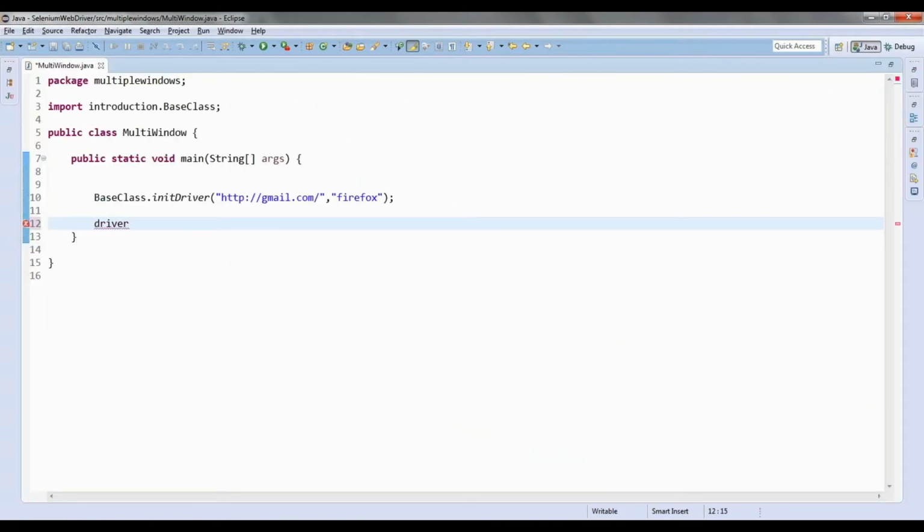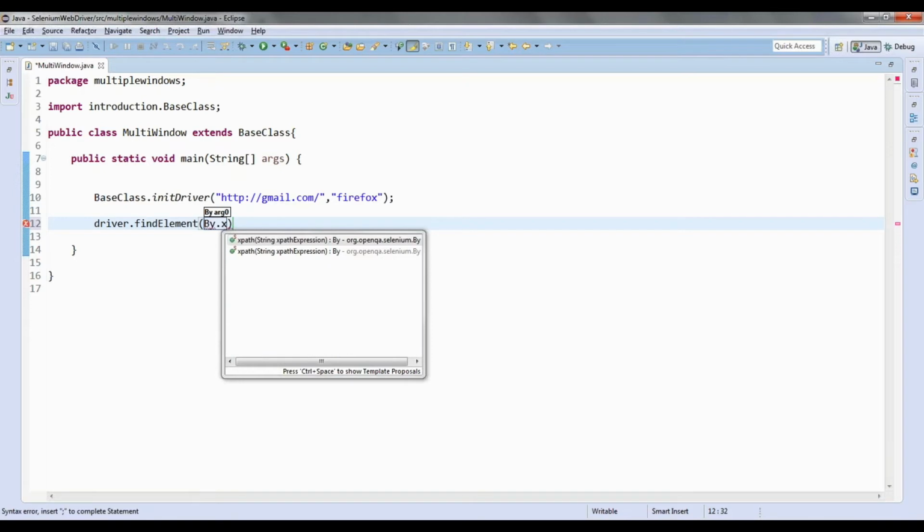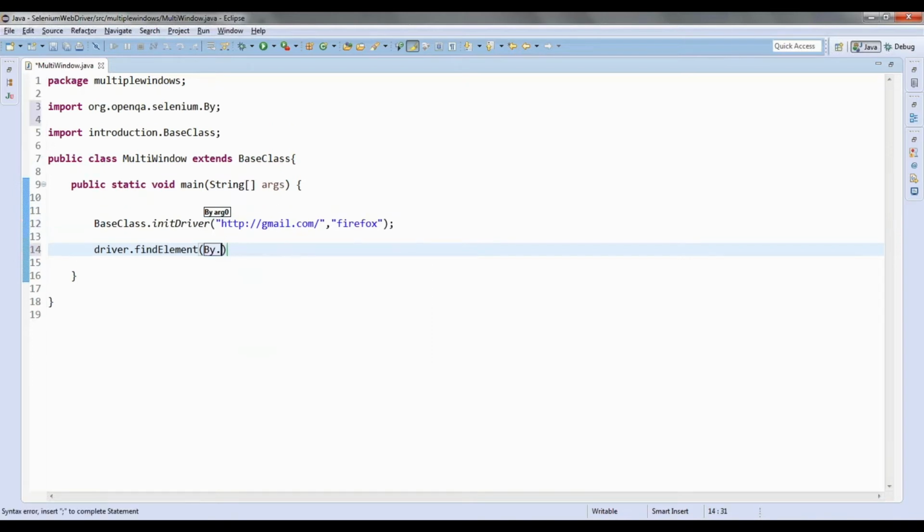So driver.findElement(By.linkText(...)), and this is my link text, .click().